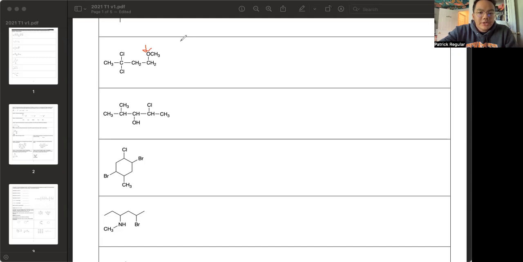But ethers are generally some kind of R group, oxygen in the middle, and then another R group. Obviously, the lone pair is on the oxygen because it's polar and aprotic. And that's what we have right here. We have this first R group right here and the second R group right here. And they're both